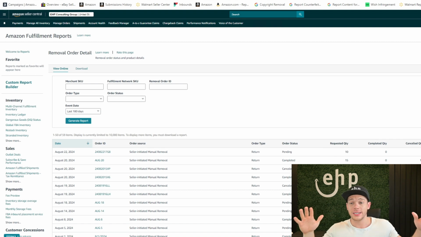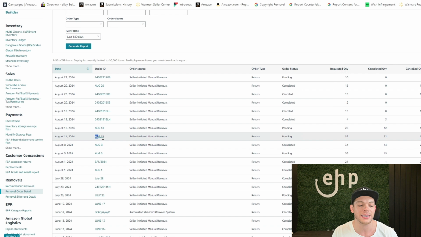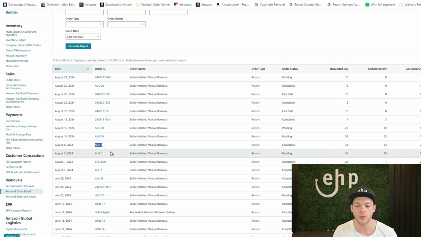Now, for my secret tip, what you need to do is log in at least twice, 3 times a week and do a removal order. So even though you already did a removal order, it's not set it and forget it. You have to come back in every other day or twice per week, 3 times per week, and do another removal order. I like to name my removal orders by the date sometimes, and that helps me track,